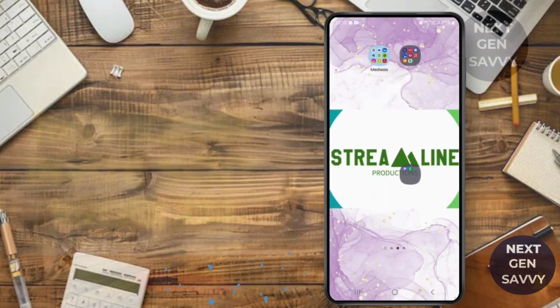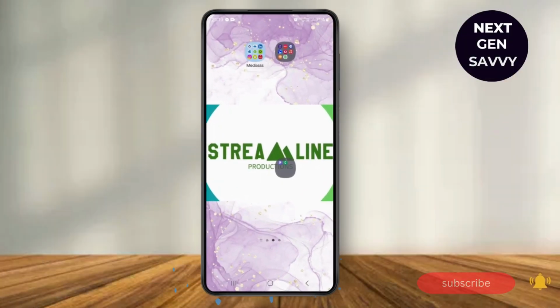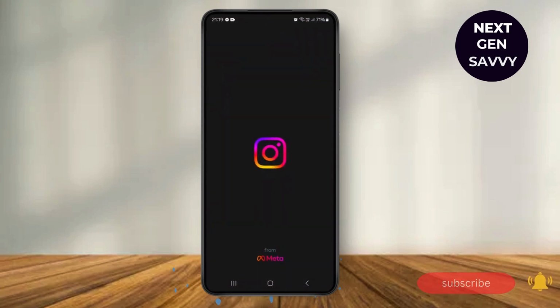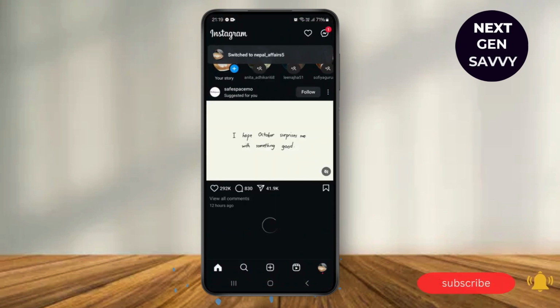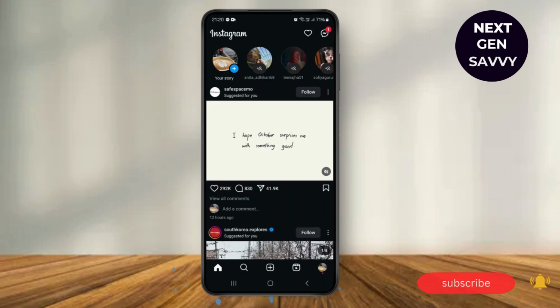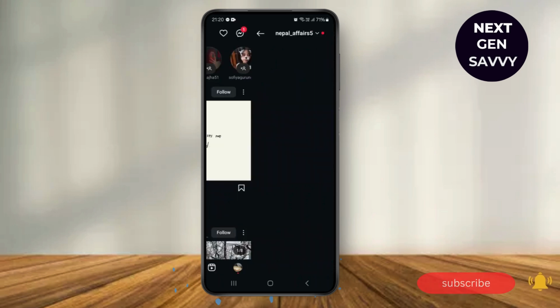To solve this problem, before this, make sure you have installed and updated the latest version of Instagram on your device. After that, simply open your Instagram application. After opening it, when you send the invite to any person on your Instagram Messenger and the messages cannot be sent anymore, then just try to